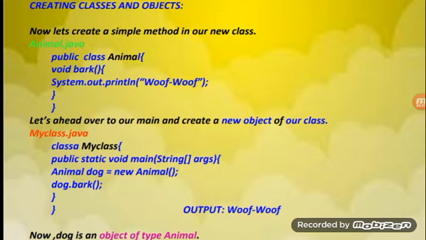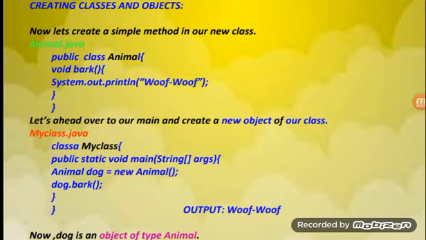Whenever we write dog.bark, the void bark method is called. In that method, whenever we call dog.bark, it gives the output of System.out.println.